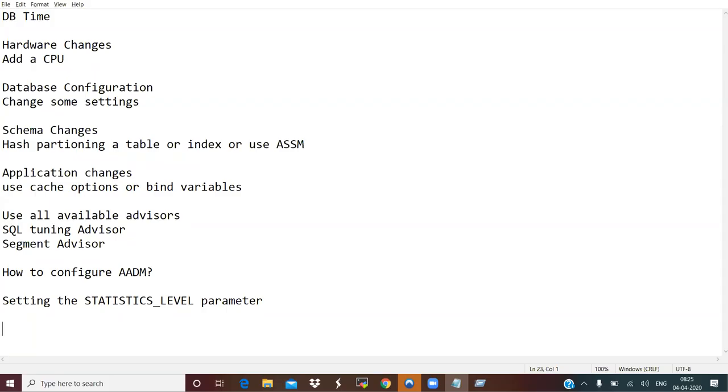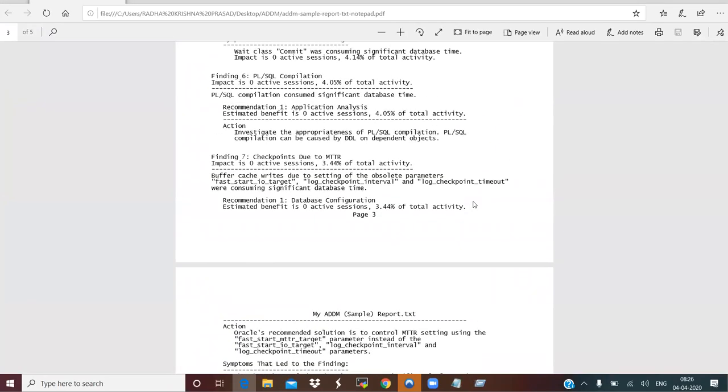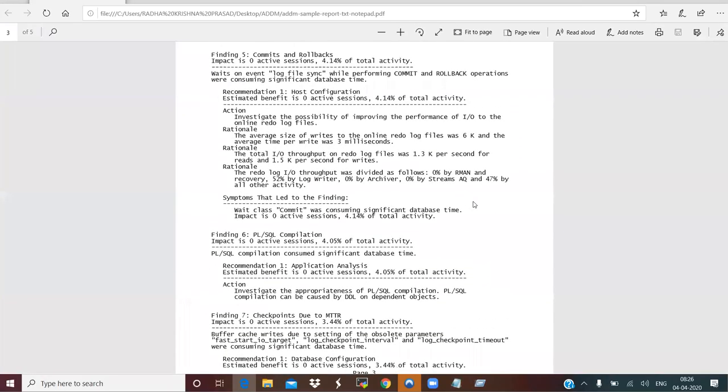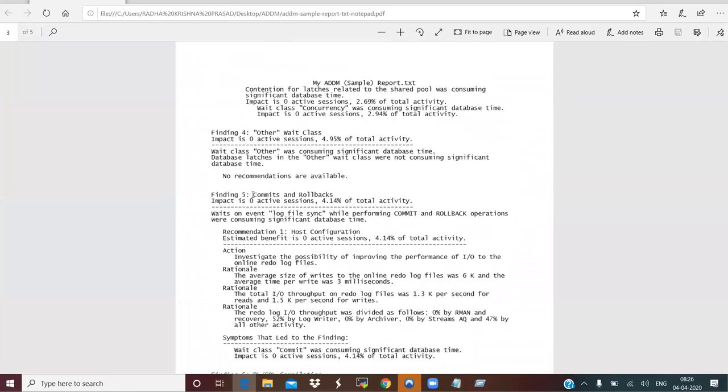RK, one more thing actually. When you see the recommendations coming from your ADDM reports and AWR, once you are going to implement the change, do you first take the suggestions of ADDM and implement everything given in ADDM, or do you analyze which one is to be implemented? No, actually, if you take the ADDM report, it will calculate the impact. There is something called impact. If you see here, it will calculate the impact. Here it is not. I have saved it in